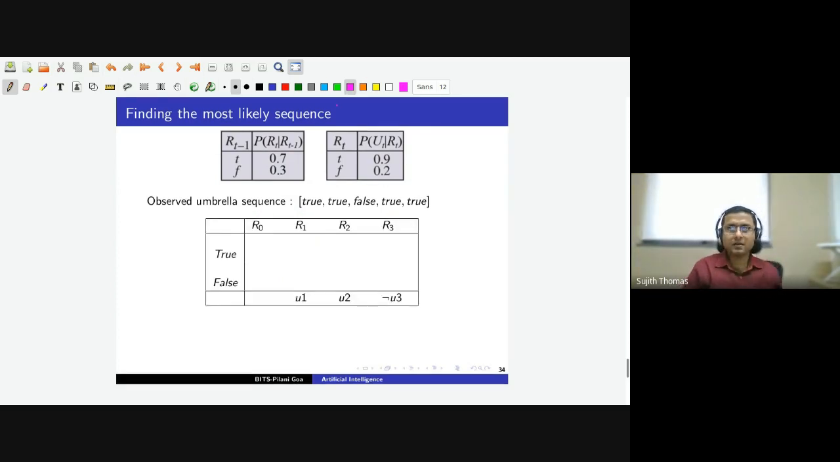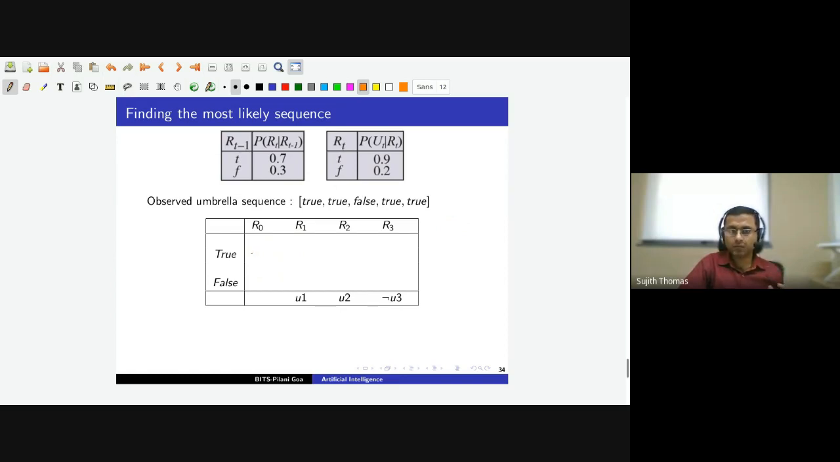So I will first work out how this works, and then we will see in more detail why this is correct. So first I will describe the procedure, and then I will describe why this procedure is correct. So initially, when we have not observed any evidence variables, we don't have any evidence variable values for time step